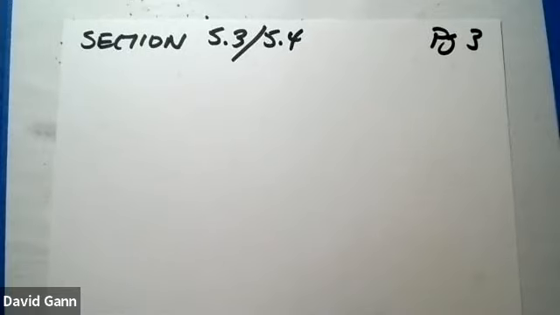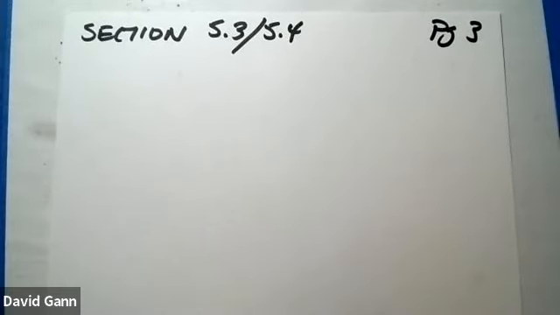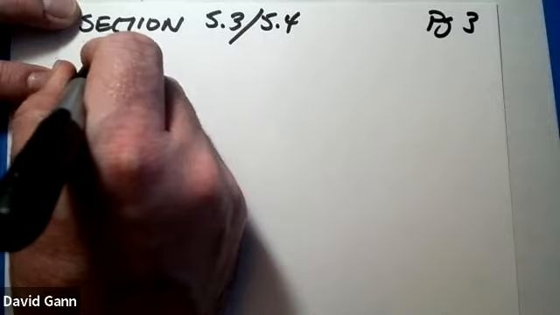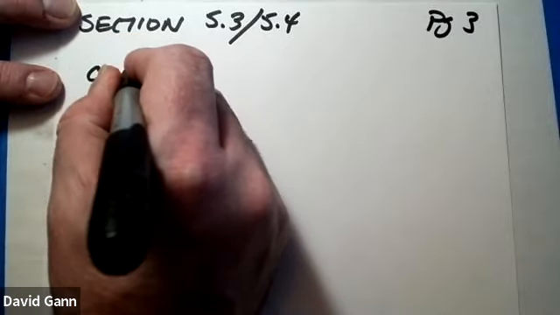So we're starting to manipulate the arguments now, and I'm going to switch over to my document camera, and we will take a look at what we've got going on here. Okay, so again, I'm going to start labeling these 5.3 and 5.4. This is page 3. Recall that we came up with this equation for the cosine of a sum, and